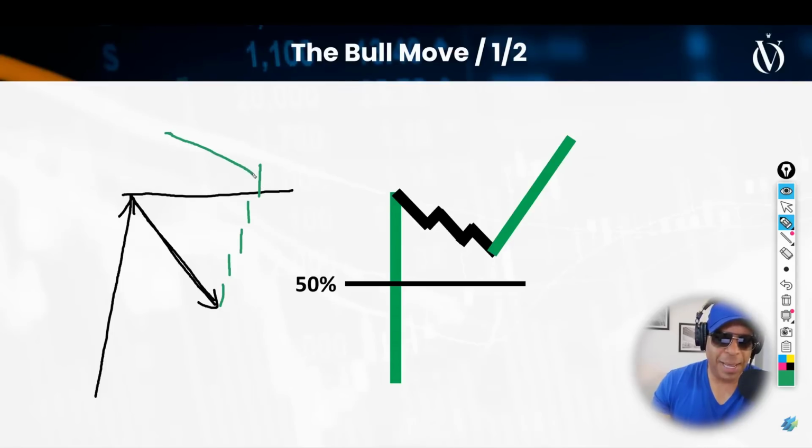By the time it's making the new high, it has already expended energy. It's already put effort in. And by the time the new high happens, a portion of its energy has been spent. Okay? However, in this scenario,